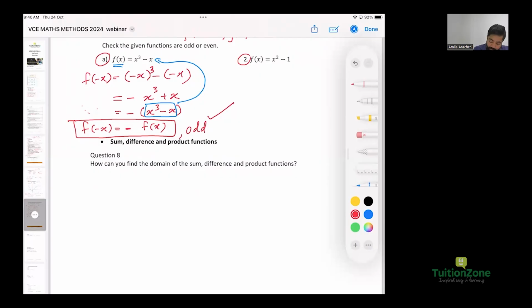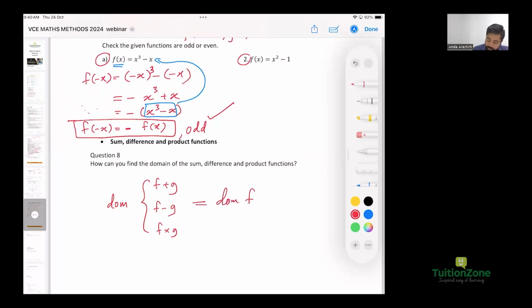If you want to find the sum, that means f plus g. Difference means f minus g. And product means f times g. So for any of these, if you want to find the domain, that equals